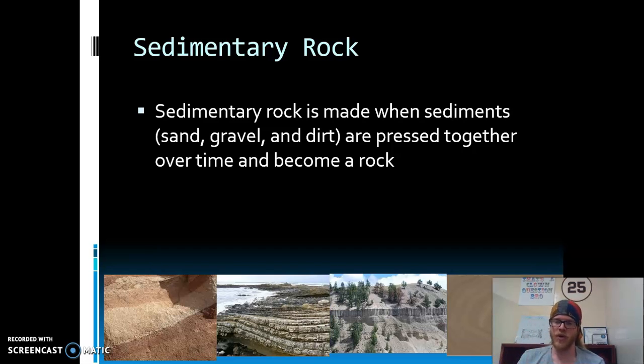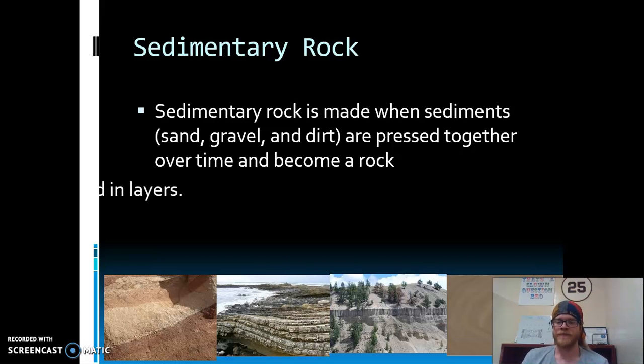Little pieces are getting broken off over time, right? So broken off, they get pulled out into the ocean. You imagine the ocean's nice and sandy, right? Well, there's lots of sand stacked on stacked on stacked. Eventually, under all that pressure, that sediment starts to get compressed, right? Kind of like our video yesterday where we had all those broken starbursts and he smashed them all together. They get compressed, right? So sedimentary rock is made when sediments, sand, gravel, dirt, are pressed together over time and